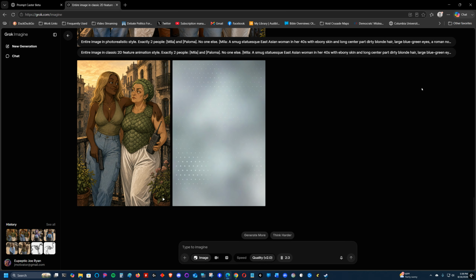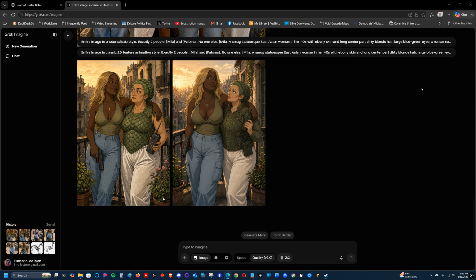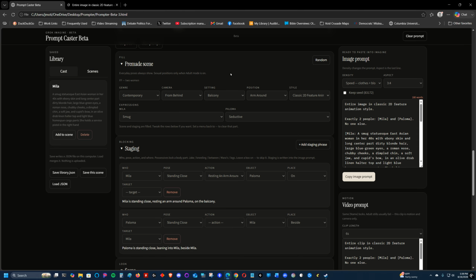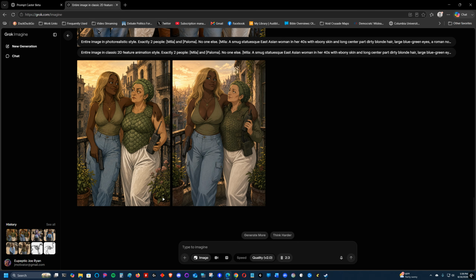But now we wait, and we're going to turn that picture of Mila and what's her face, Paloma. We're going to turn that picture into a cartoon. Don't know whether or not they're all going to look very similar, but there you go. Yeah, basically the same picture. Actually, it's kind of reversed. Paloma is a little more upset with Mila in the first picture. And then if I come back here and I change it to stylized 3D cartoon, I think you'll probably